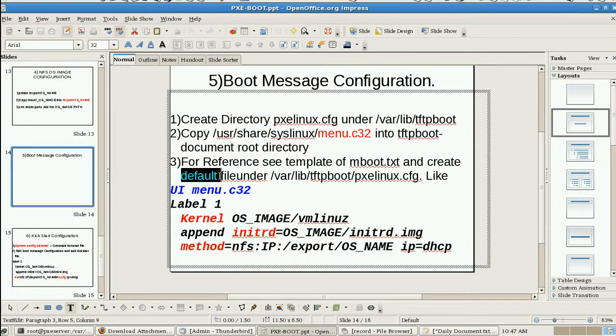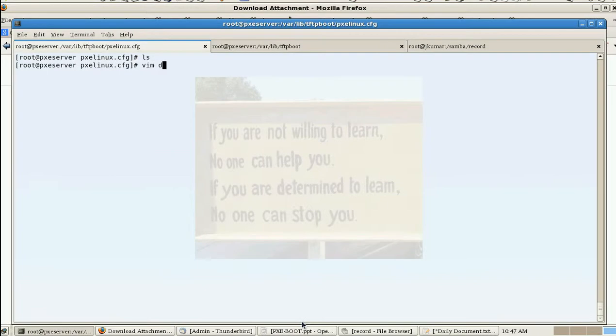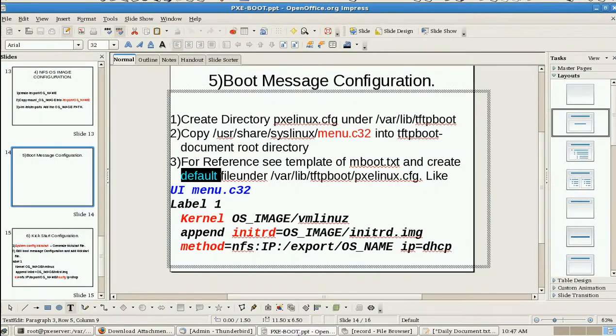Here you need to copy the menu.c32 file from usr share syslinux menu.c32. Just confirm whether this file is copied or not. This file is not yet copied, so just copy